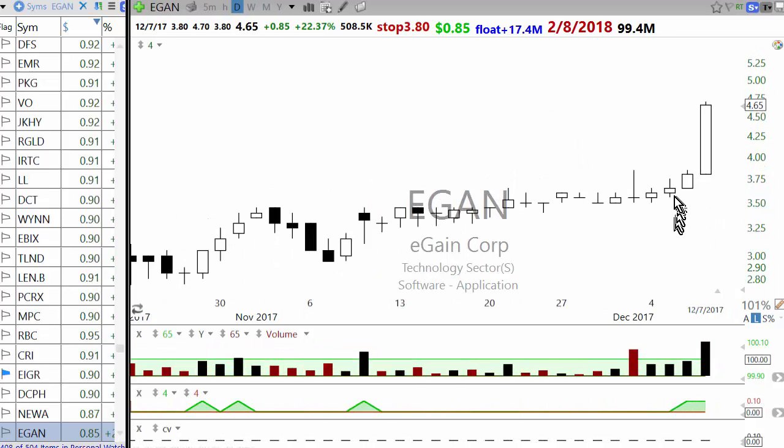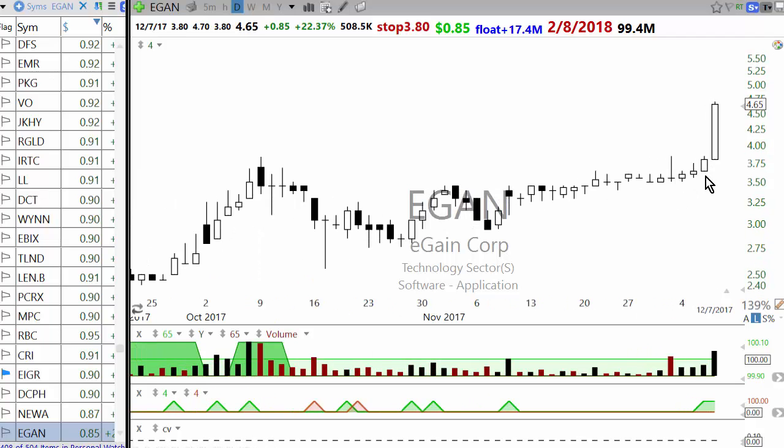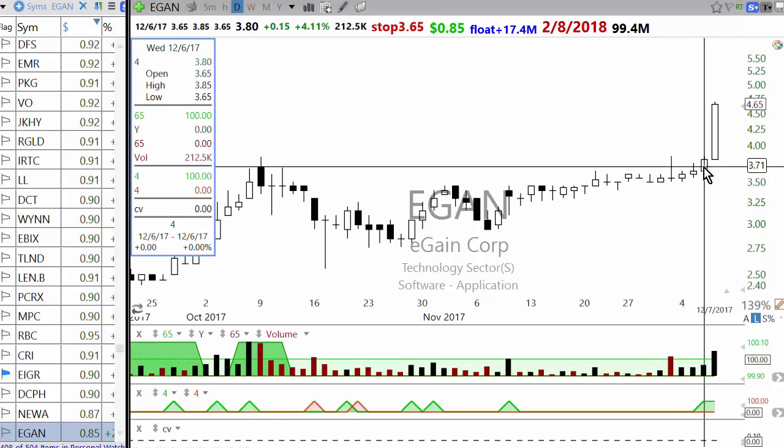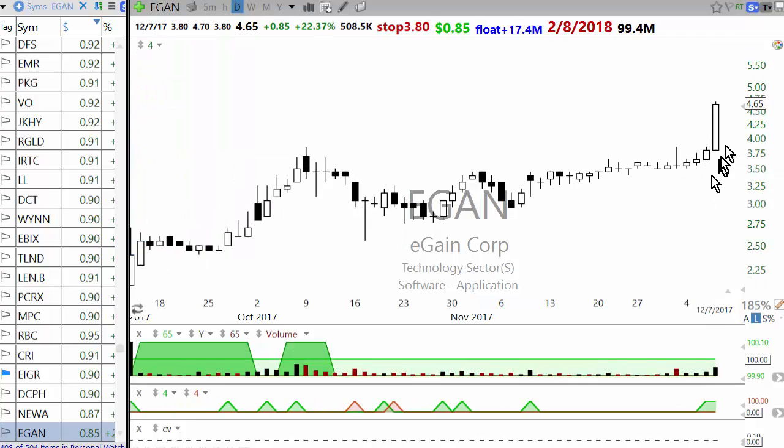Again, it's up 3 days in a row, and it was a 4% breakout here also. So that was a better buy point than this. So